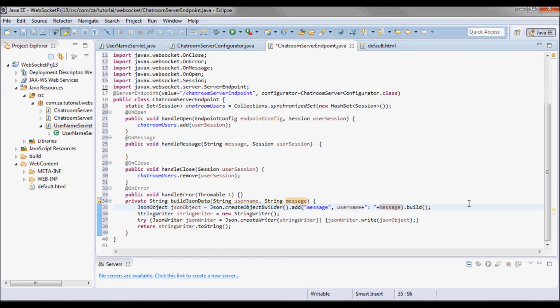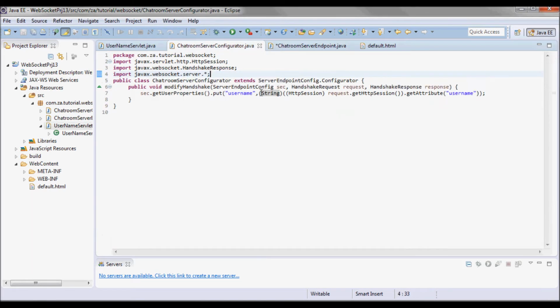Now in chatroom server configurator, I put the username in the user properties.